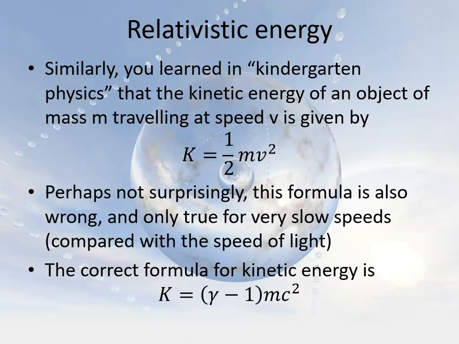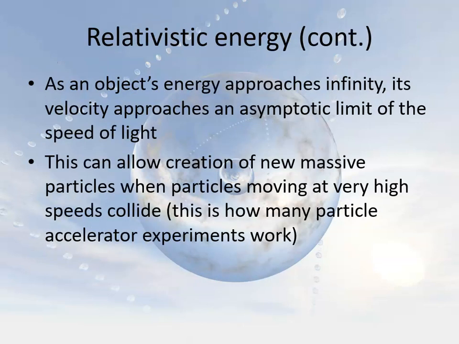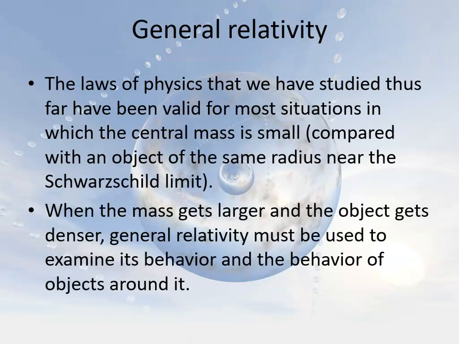As long as your particles are going less than about 1/10 of the speed of light, you don't need to use the relativity formulas. But if they're going more than that, you very much do. Now, even if they're going less than that, if you require extremely precise calculations, then you need to use the real equations. I mean, we'll see this again when we get into just basic discussion of general relativity in just a minute. But the point is that as an object's speed approaches the speed of light, the energy approaches infinity, which is why you will never be able to accelerate an object up to the speed of light, because it would require an infinite amount of energy to do so, and a more than infinite amount of energy in order to get it past the speed of light.